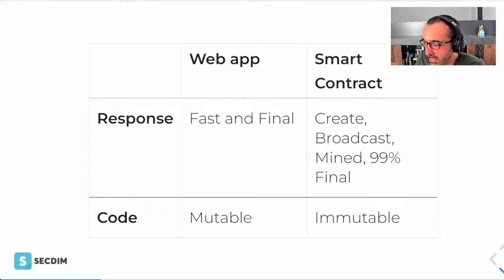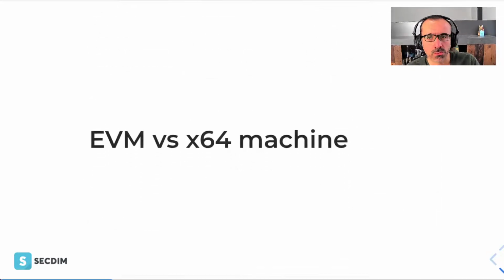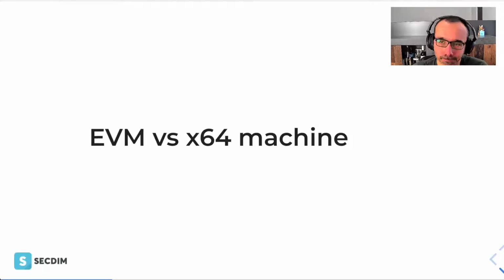Now, you may think, oh, this could create a network full of buggy programs. There are some software design patterns that can be followed to overcome this restriction. However, this is the environment that we are dealing with. So hopefully by now you have some idea about the different attack profiles and environments that we have within the smart contract world. Let me also quickly compare the Ethereum Virtual Machine with a typical x64 machine, the laptops and desktops that we use.